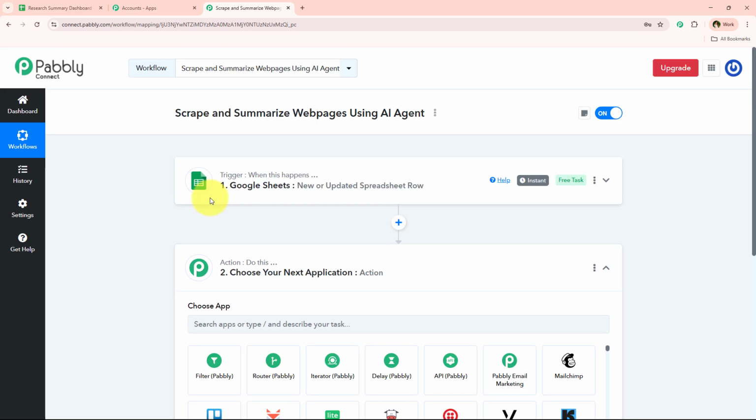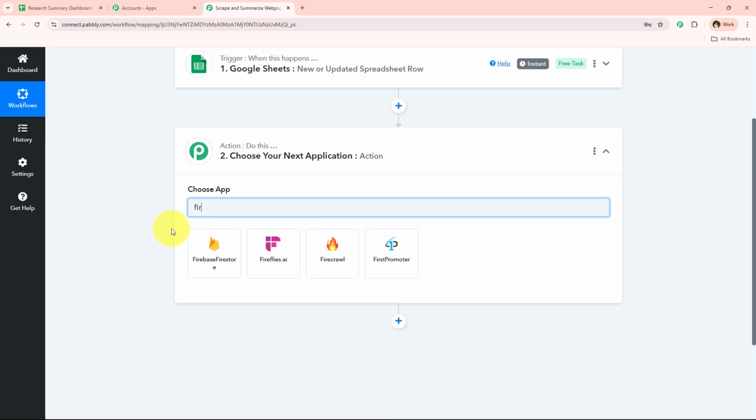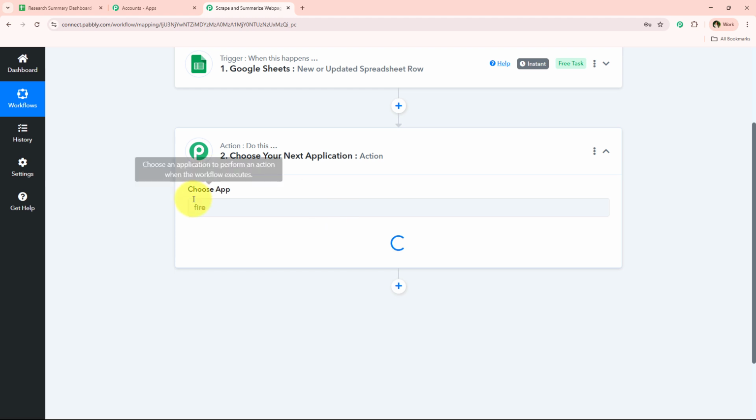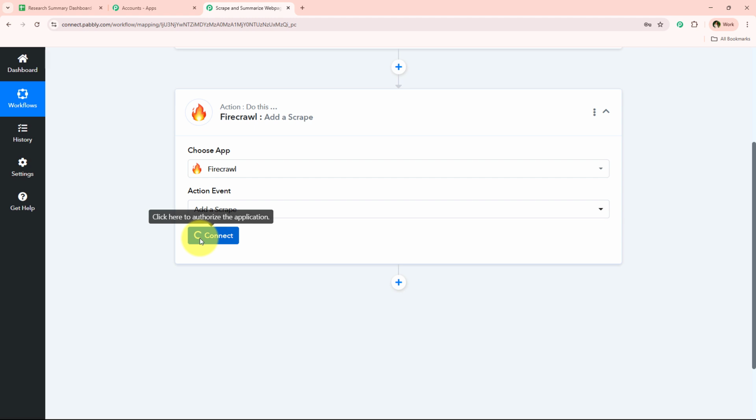my action step. First, I'm going to scrape this web page. For that, I'm going to use Firecrawl. I'm going to search for it and select it. And now for the action event, I'm going to select it as add a scrape and click on this